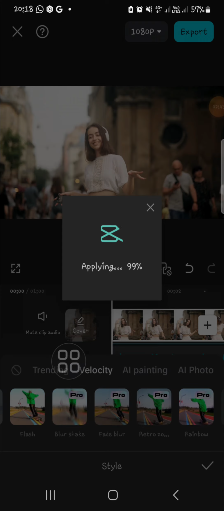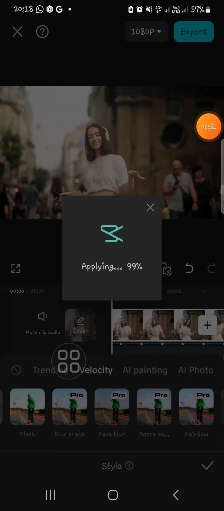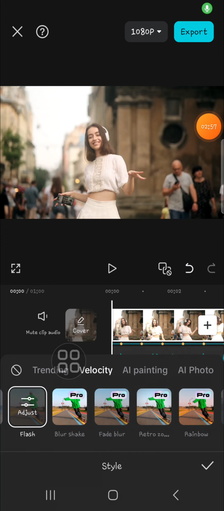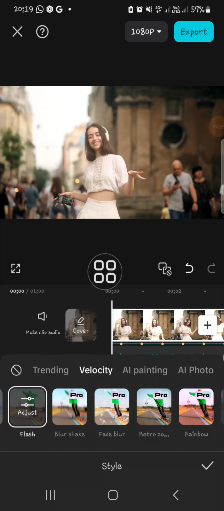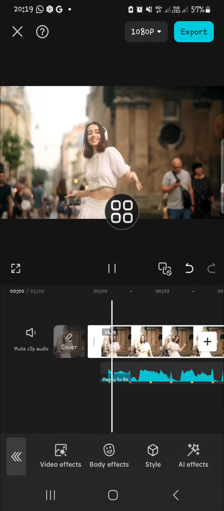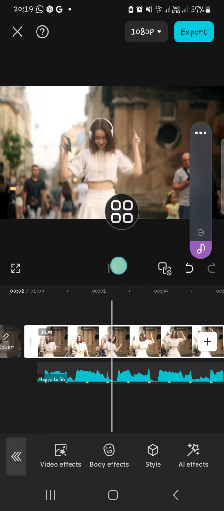Okay, and we need to wait until 100%, and then the smooth velocity editing will be created automatically. Okay guys, wait. Okay, and now the velocity effect has been applied to my video, and I'm going to show you the final result. Okay